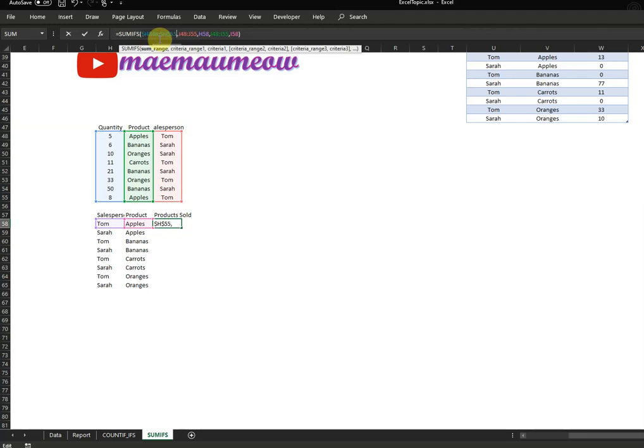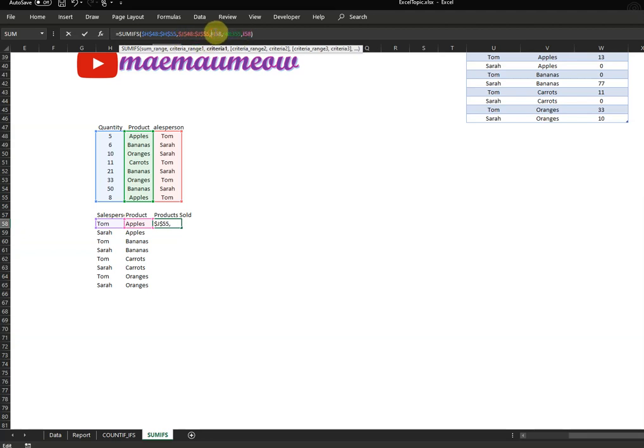We will click F4 to lock the range so it does not move. Same goes for our criteria range, because we are going to use the same range across all criteria. So we'll highlight this and select F4.